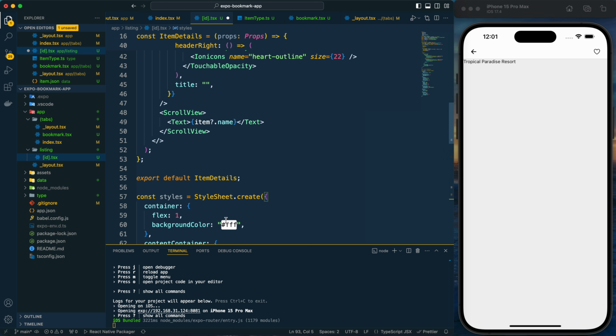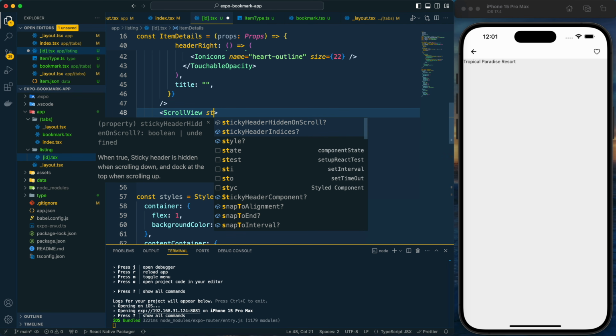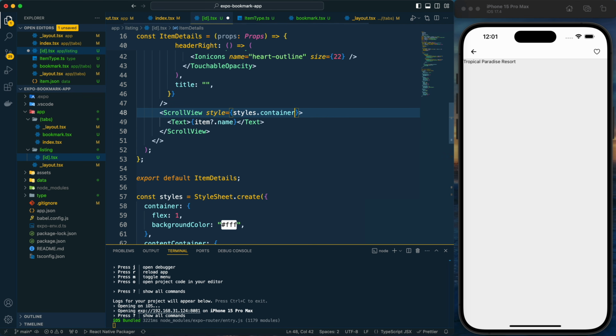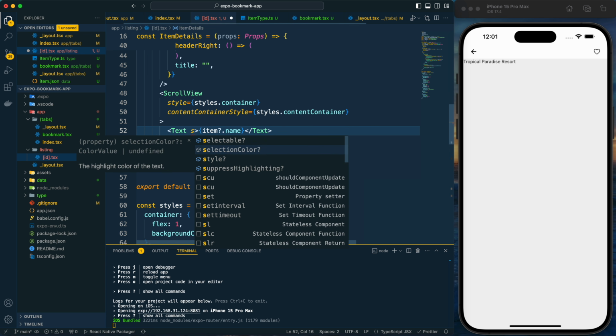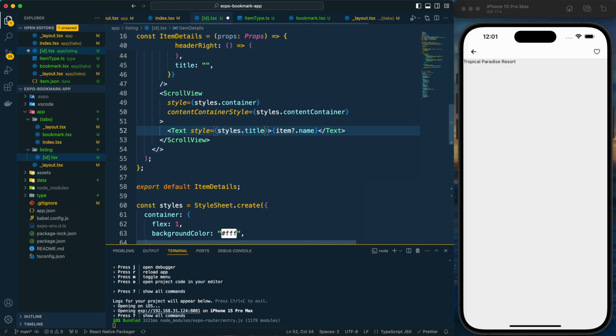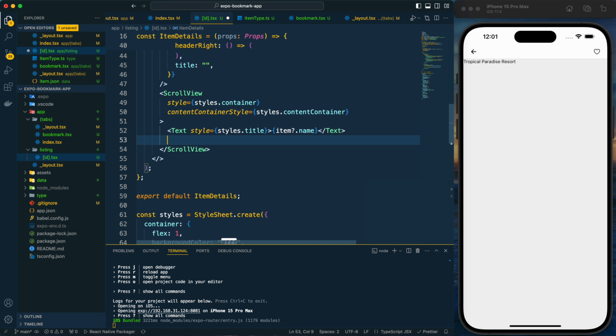So that's why I just copy pasted it, and now let's provide the style for this scroll view. So it is container. For the content container style, it is content container. Then here let's provide this style, it is title. Then we have a view.